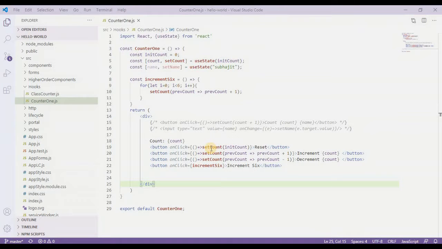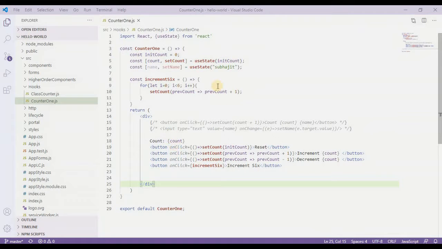So welcome back again. In our last class, we learned the basic idea of useState, where we updated the count or incremented some values. But in today's class, I will tell you how to update an object which contains some person's name or other data like age or ID. So we want to update that also.